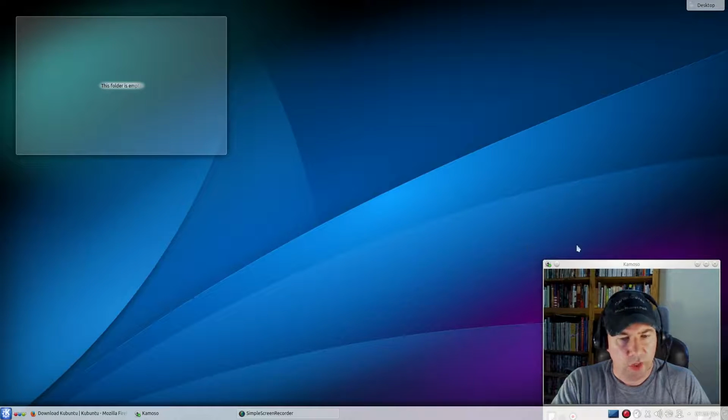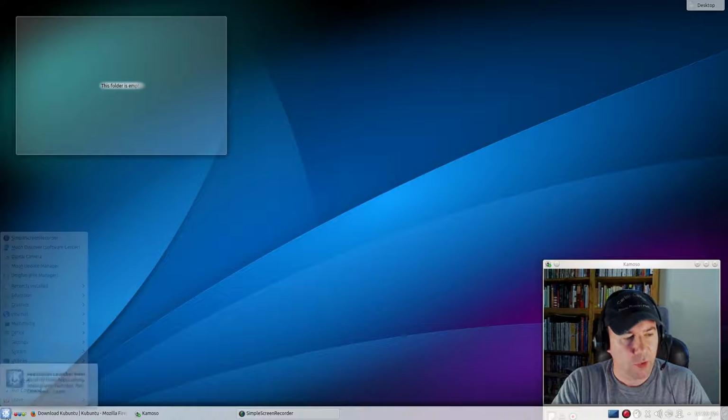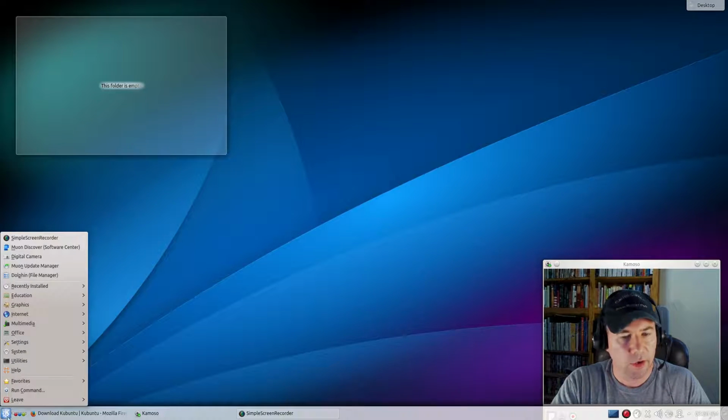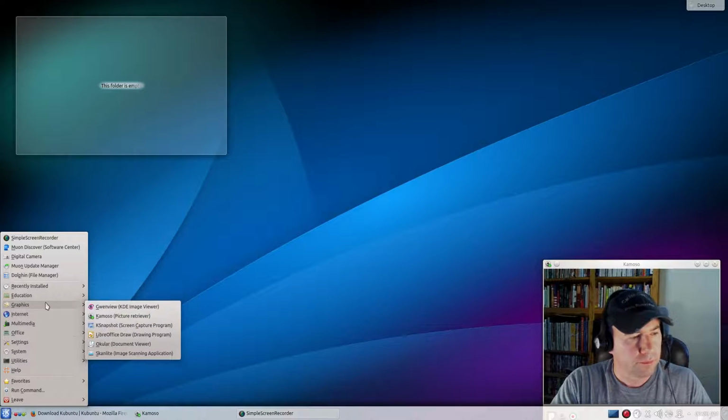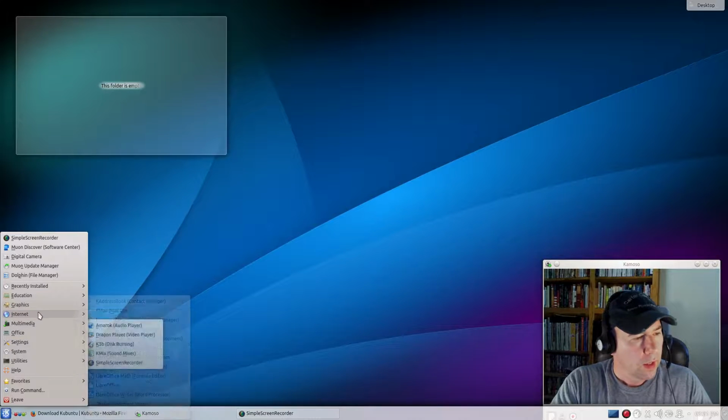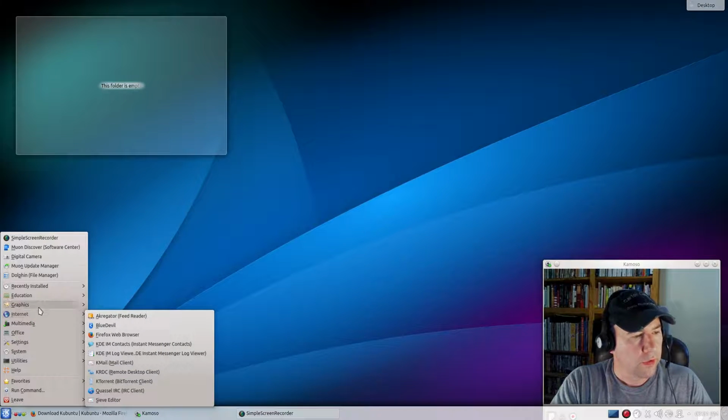All right, let's take a look at some of the applications we got here. I'm going to go through everything real fast, and then I'll come back and talk about a few things in particular. So, under graphics, we've got WinView for our image viewer. I already talked about Kolourpaint. I installed that. KSnapshot for taking desktop snapshots, LibreOffice Draw for drawing, Okular for document viewer, and then our scanning application. Under Internet, Akregator for our feed reader, Blue Devil for our Bluetooth, Firefox for our web browser, and then